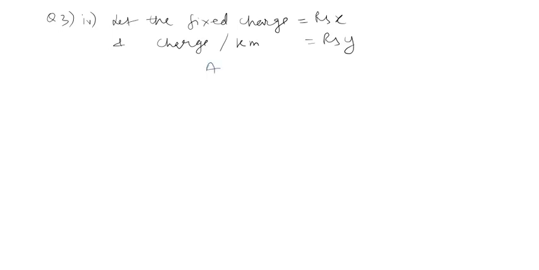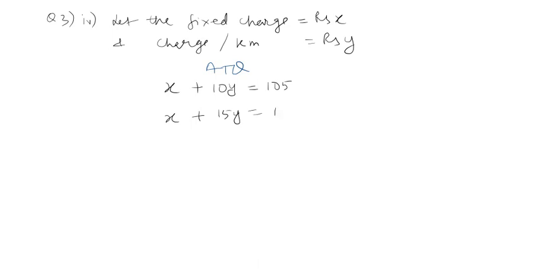So according to the question, first when the person travels 10 kilometers, because the first is 10 kilometers, he has to pay the fixed charge, and for each kilometer he has traveled, he has to pay Y rupees. So he has traveled 10 kilometers, that is 10 into Y, and that comes out to be 105 because the first bill was 105. In the second case, he traveled for 15 kilometers